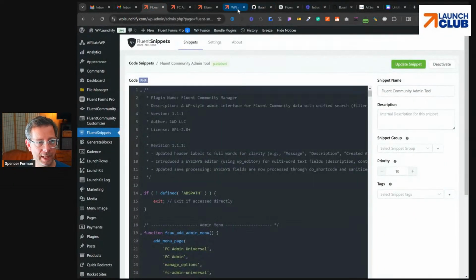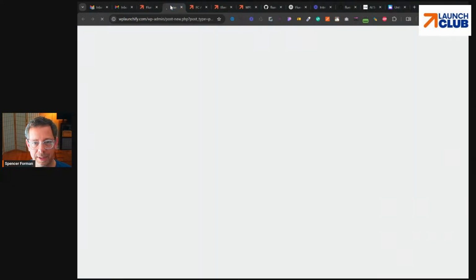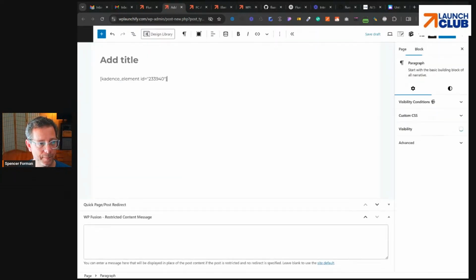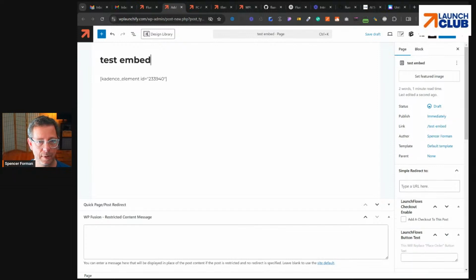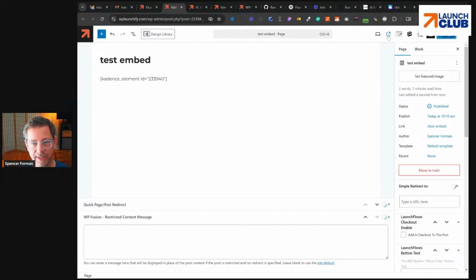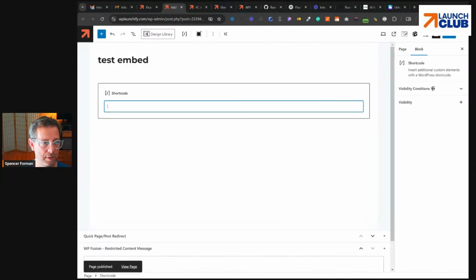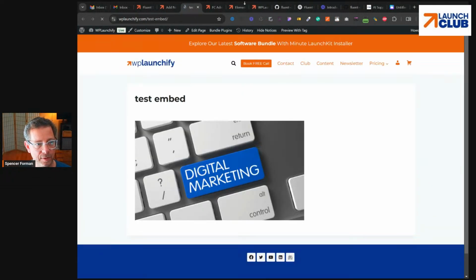Let's see one thing. Let's see if I made a new page, add new page. Let's see if this embed actually works, first of all, in case I'm just not seeing it no matter what. So what I'm going to do is just publish this and see if that actually executes. And probably what I need to do here is do shortcode. I'm also going to see whether, if I put it into a page, the page executes, but I don't think that's going to happen. Okay, so the embed is working.